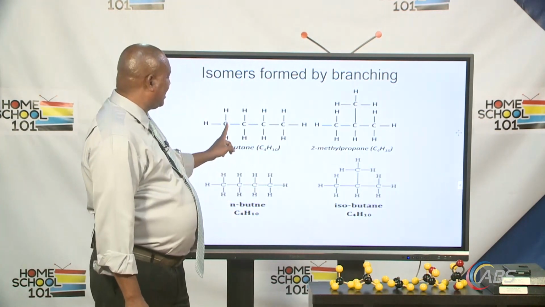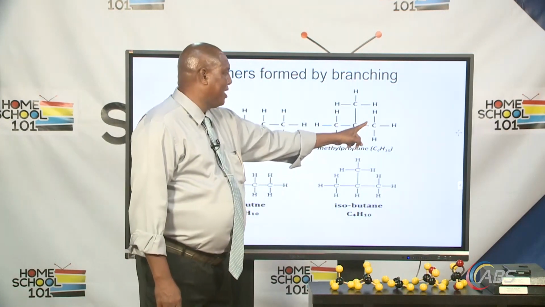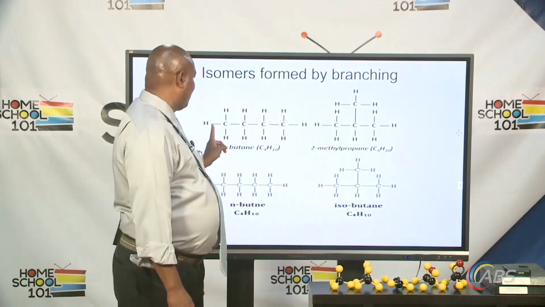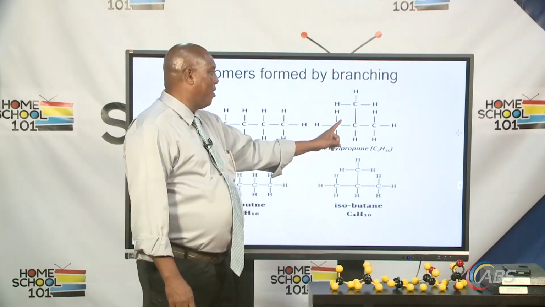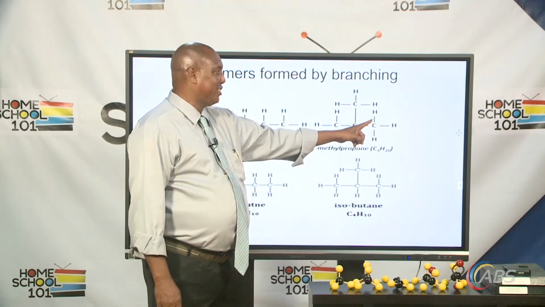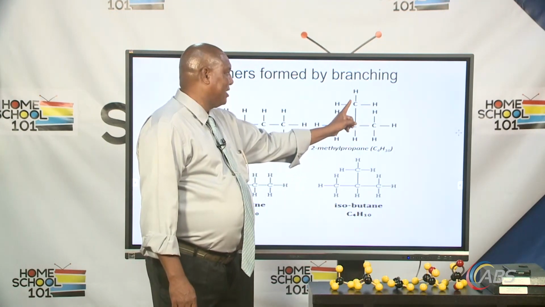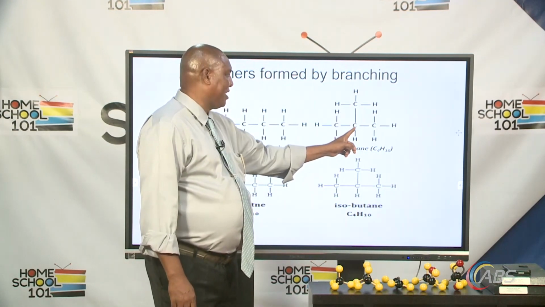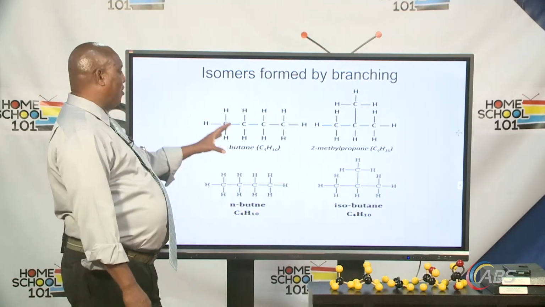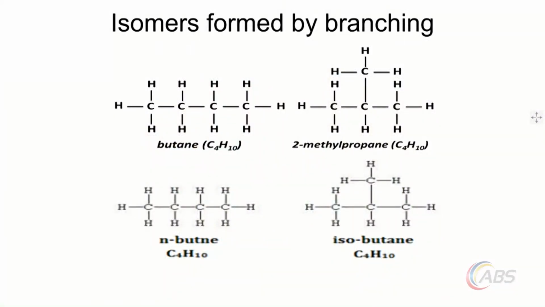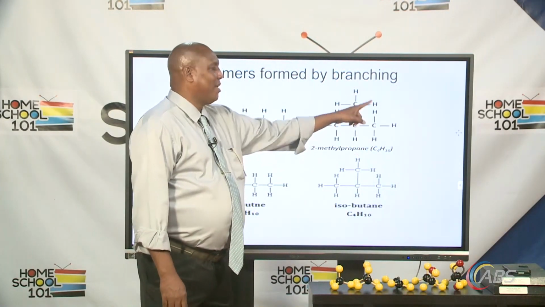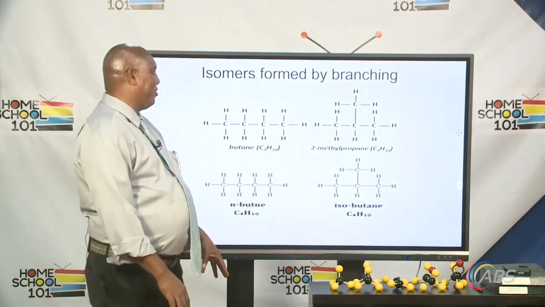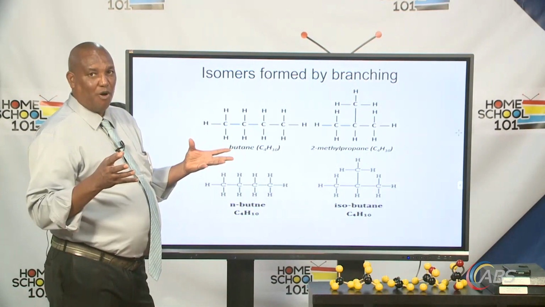Now we can remove one of these carbons, like over here. Notice that we still have 4 carbon atoms, but instead of having 1, 2, 3, 4 as the longest continuous chain, here we have 1, 2, 3 as the longest continuous chain, and we attach the carbon on this end right here. You can see that. Even though we have the same number of carbons, 4 carbons, and we have 10 hydrogens here,